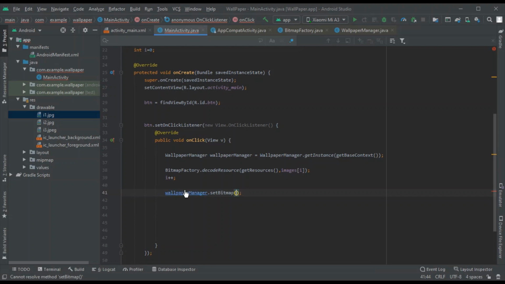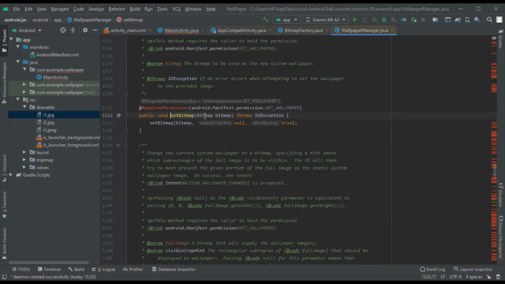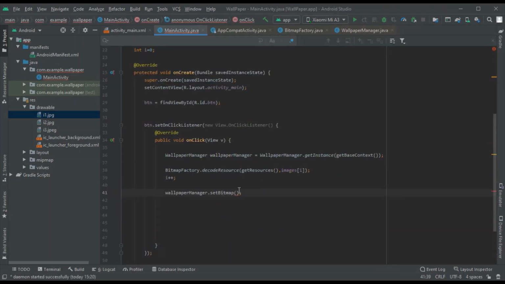Set bitmap will basically take a bitmap object, and you can just pass in the object which you have created in this. So basically this entire function will take your image, convert it into bitmaps, and render it on the screen.